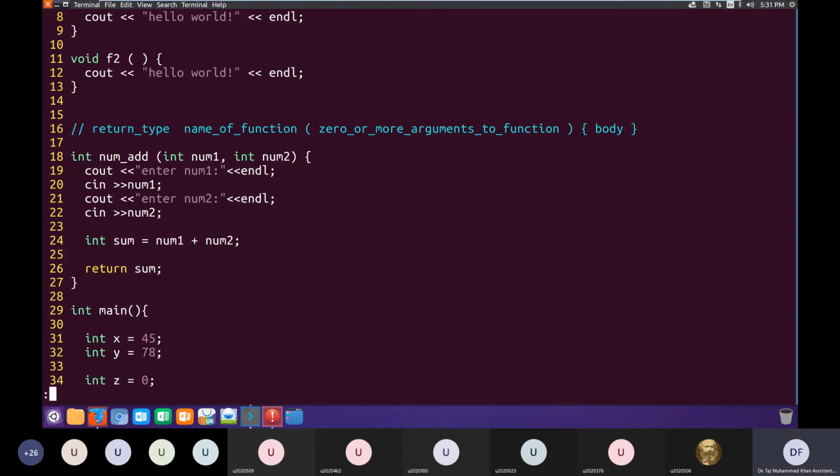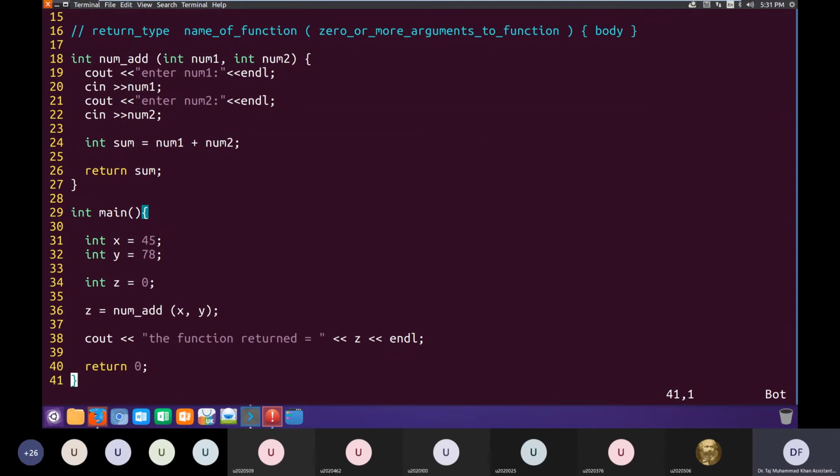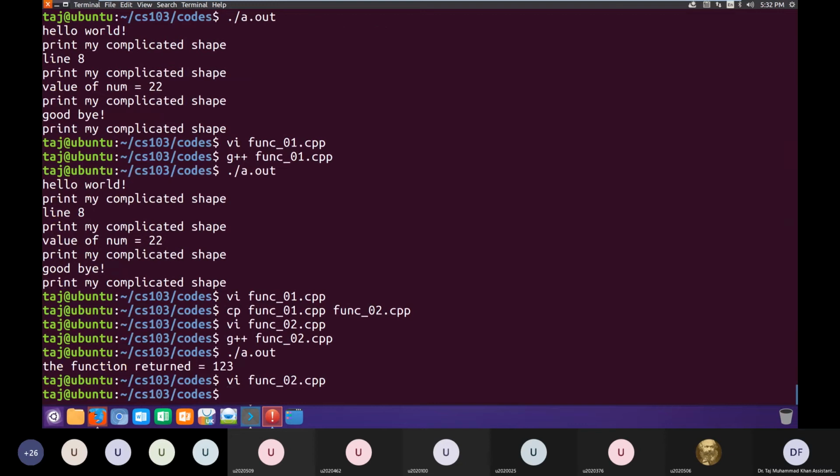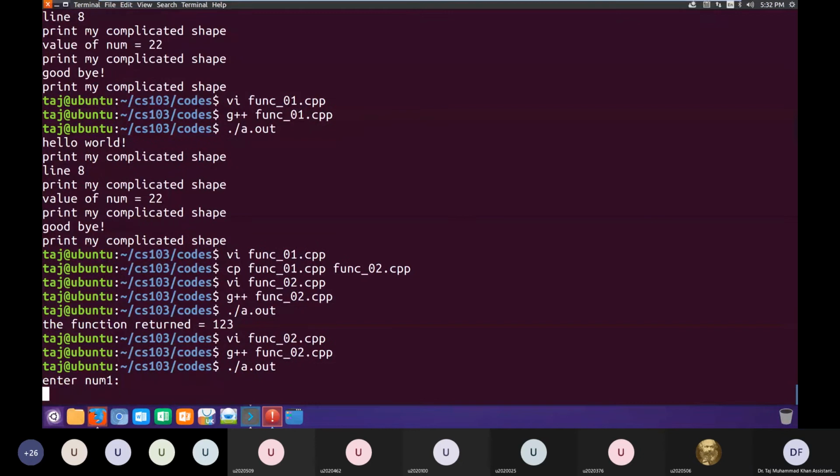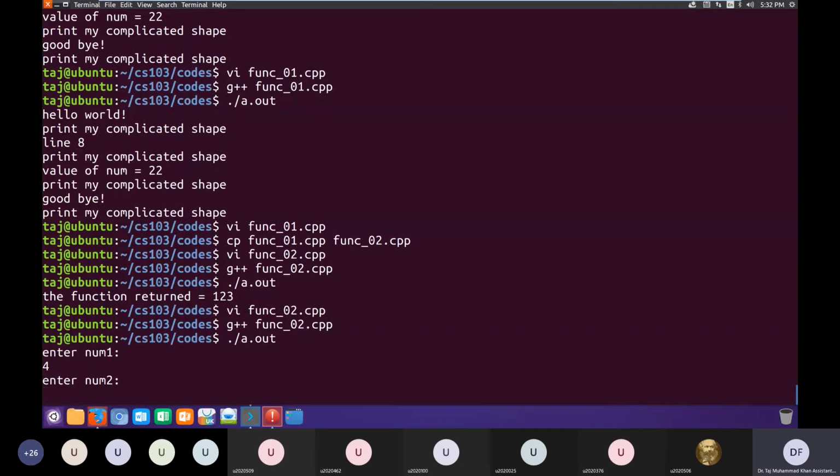Okay, so here we go, and we are calling it in the same way. We are calling it by passing it the values of x and y. Four and 22.